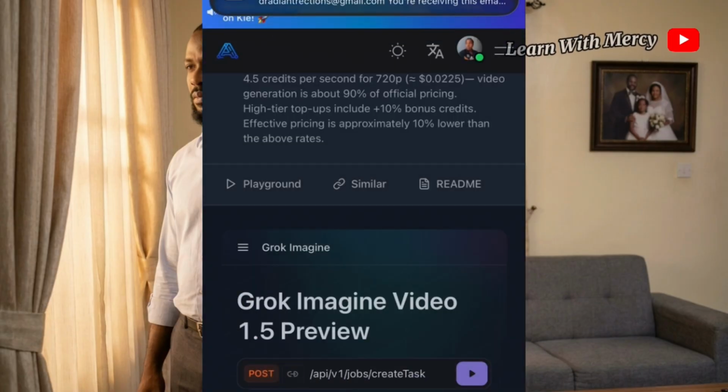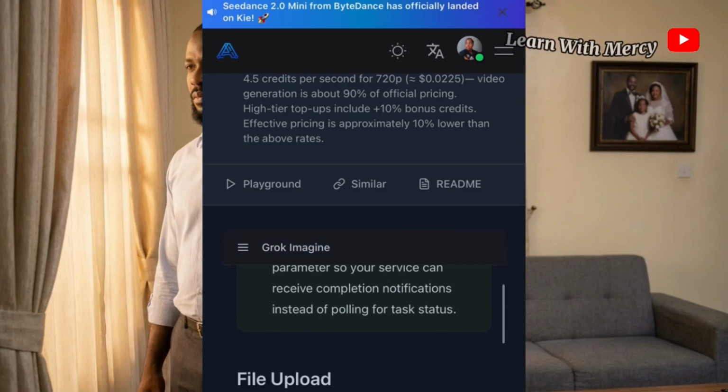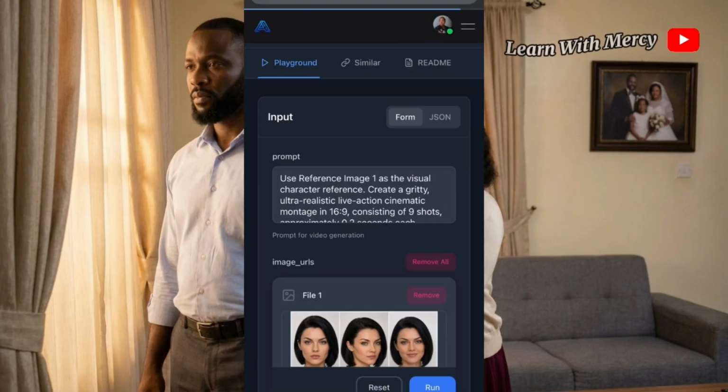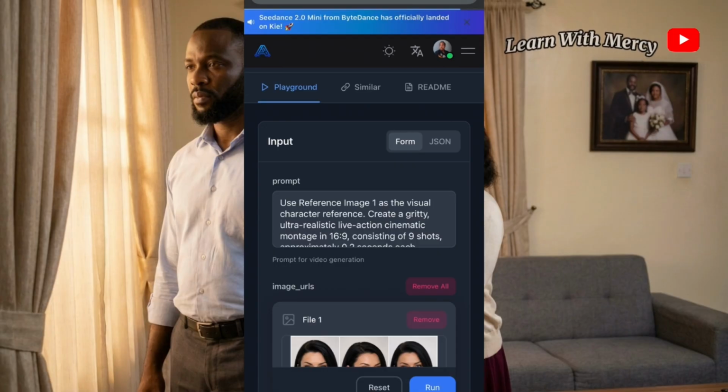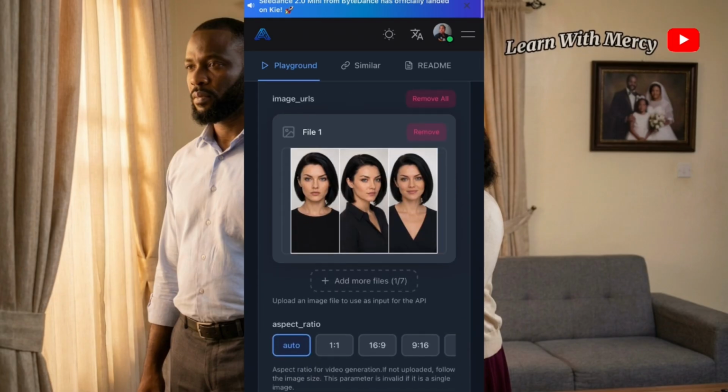Successfully signed in. So on this model, we'll be using Grok Imagine 1.5. You see that Playground, you are going to click on it so that it will bring you to this interface. This is the interface where you can generate your videos and your images. On this particular site, images take credits too. That is why I choose to generate my images on Flow AI, because when you generate your images on Flow AI, it is free. This app also has free credit.